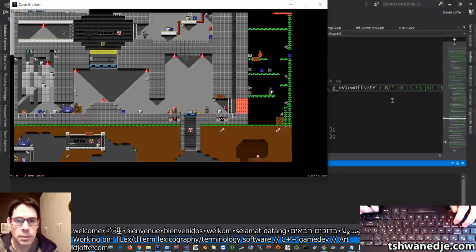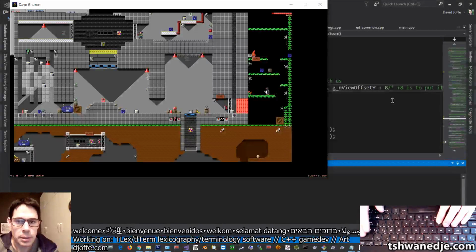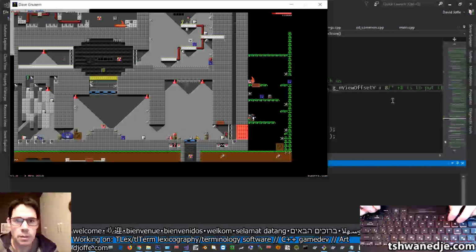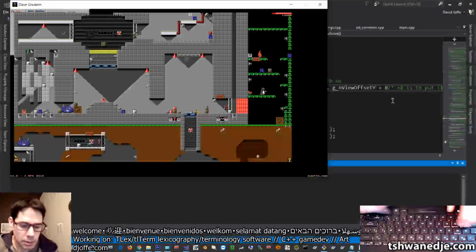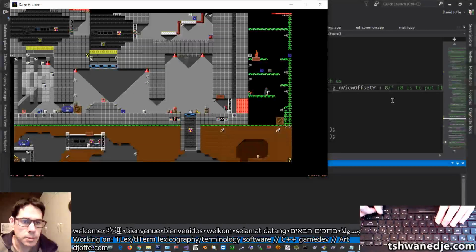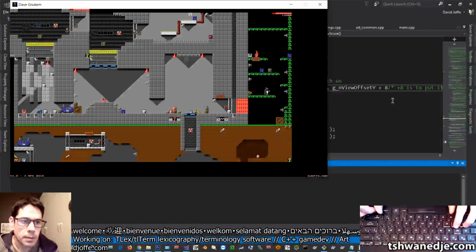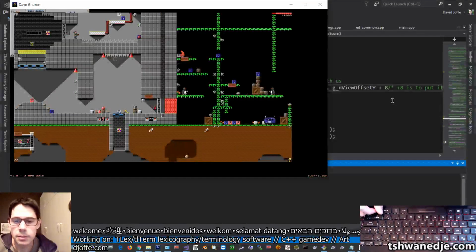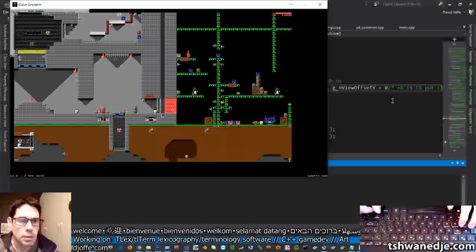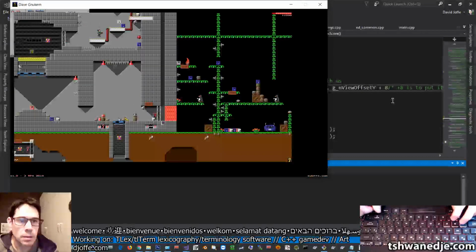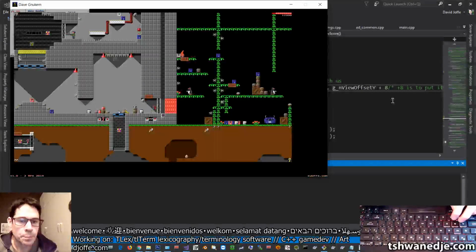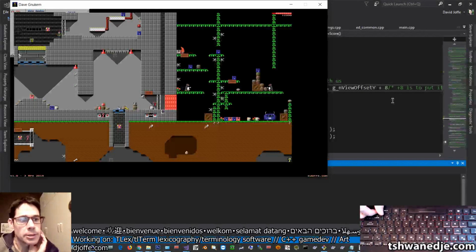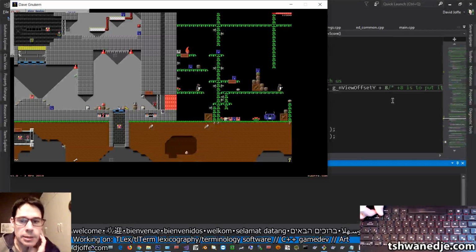Anyway, backslash. Let's check the inventory. So there's our key. Now we go Control Shift W, and everything looks right. Backslash B again. So now the idea is we want to also make like 32 by 32, unlimited